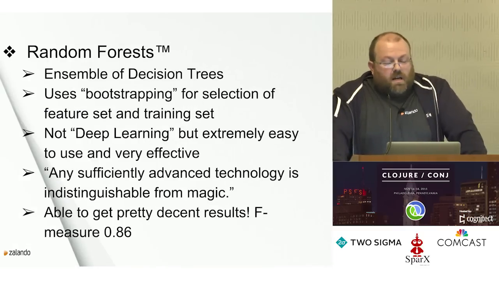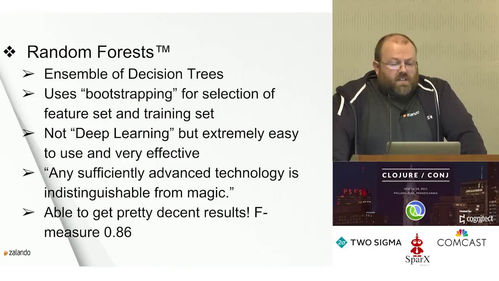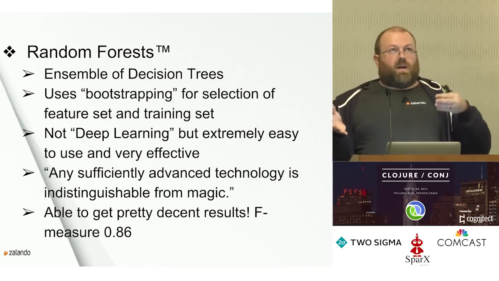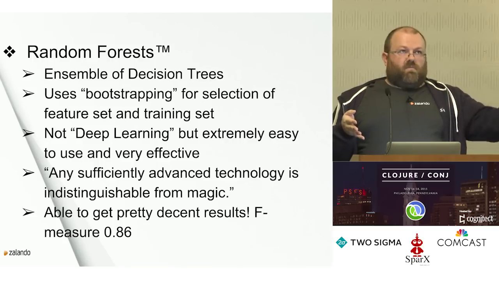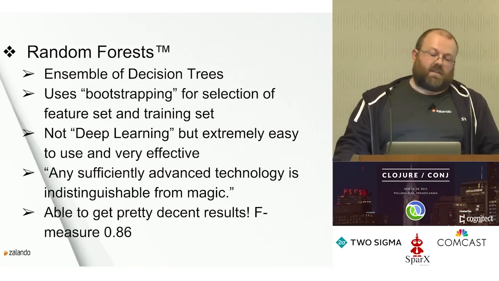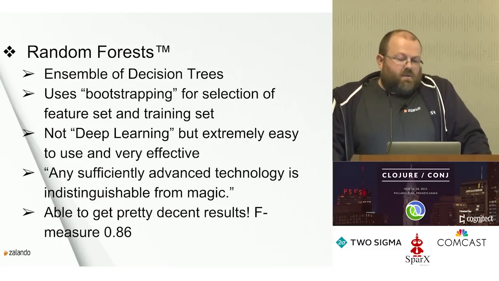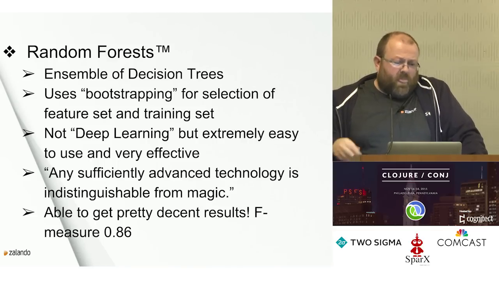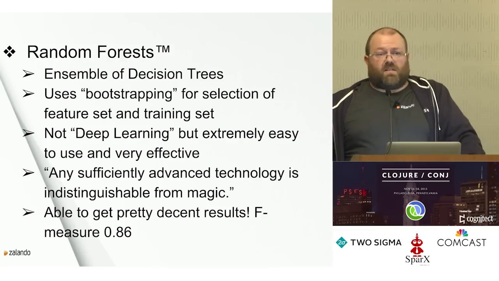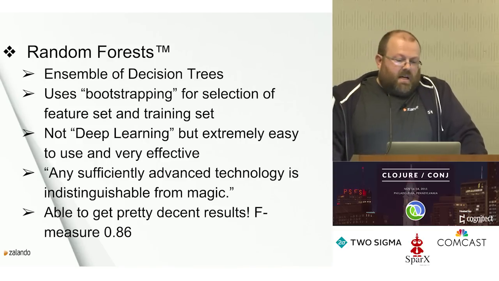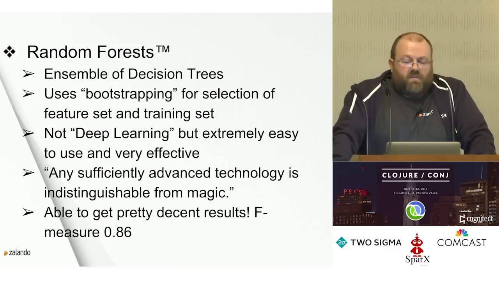So random forests is a type of classifier. It's an ensemble of decision trees. Basically, a decision tree, briefly, looks at features and says, oh, there's a huge number of them that are this or that, so I'll take this as a decision point and split it into 2 buckets. Random forests use a statistical method called bootstrapping for selection, and they do this on both the feature set, they subsample from the features that you give it, and the training data that you give it. It's not deep learning, but it's still extremely easy to use, and it's very, very effective.